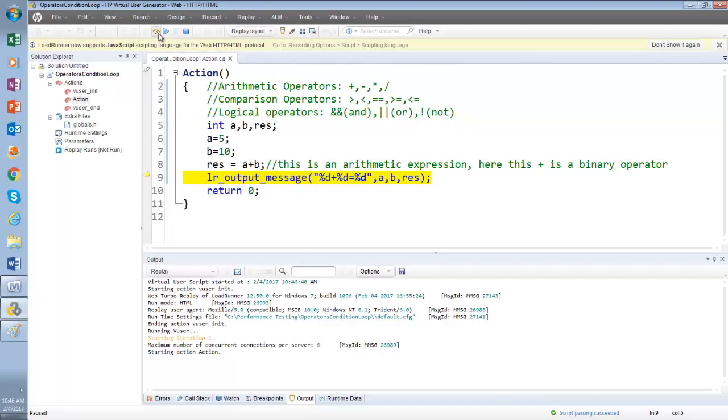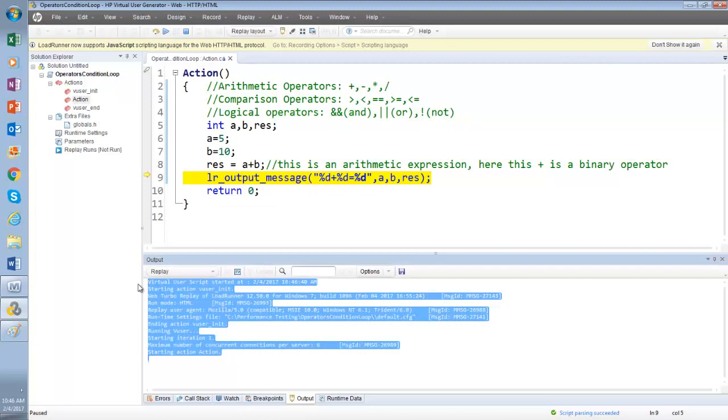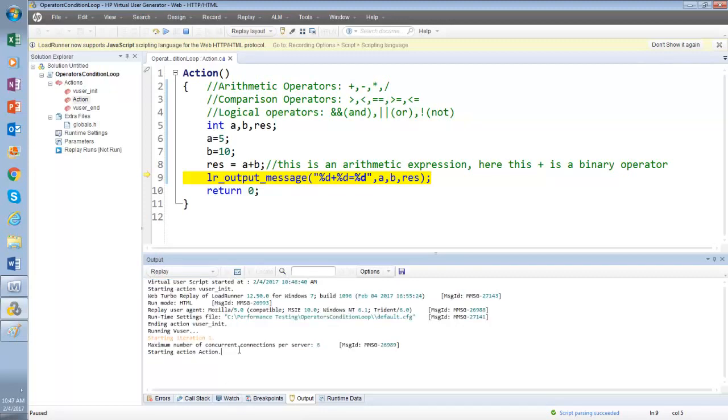Now, if I execute, I am standing here. Now I want to show you the output. Where will I get the output? Here. Can you see this output window? If I execute it, I will get that output over there. Can you see we are getting something from line number 9?